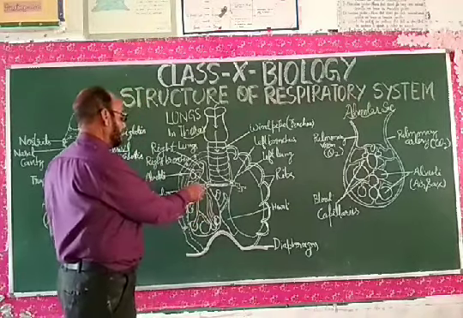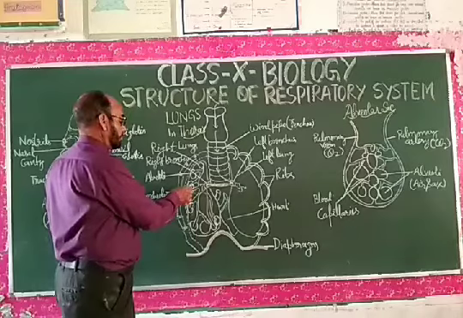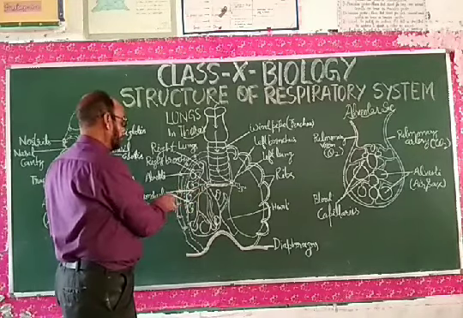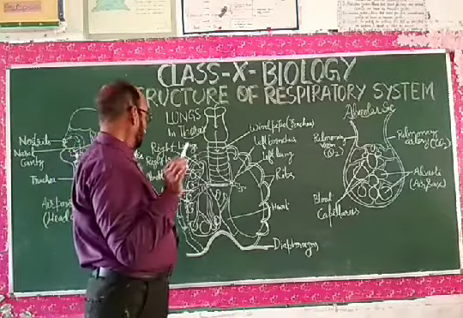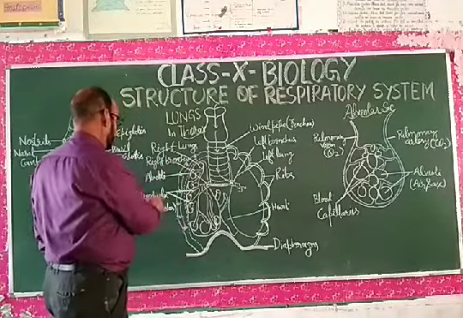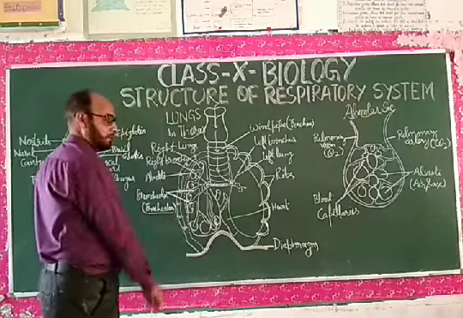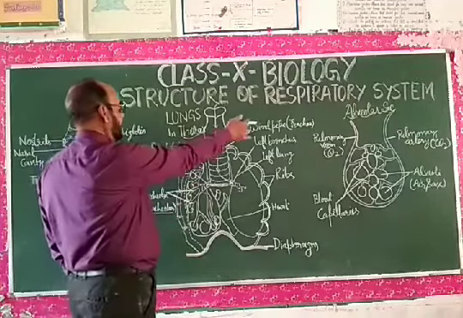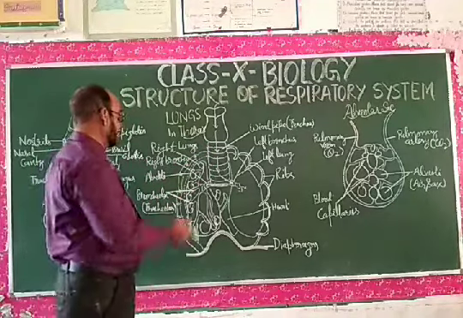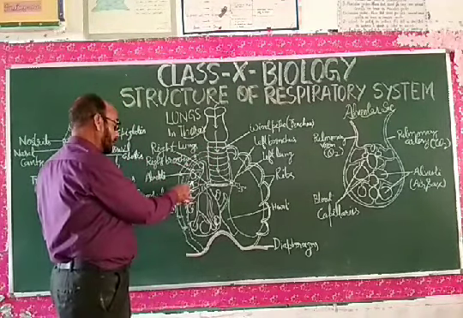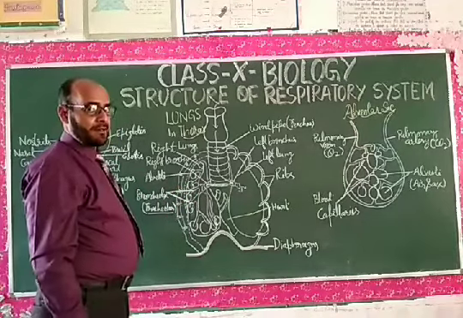These bronchi lead to the air sacs or alveoli via bronchioles. The small branches of the bronchi are called bronchioles. These are also called tracheoles. As you see here, the trachea, and the last part of the trachea, that is the tracheoles. So tracheoles or bronchioles open into the air sacs or alveoli.